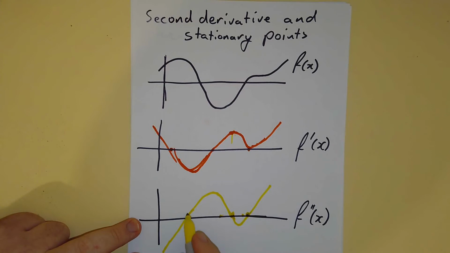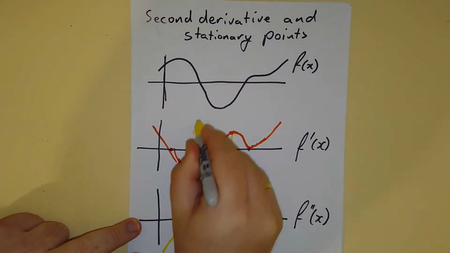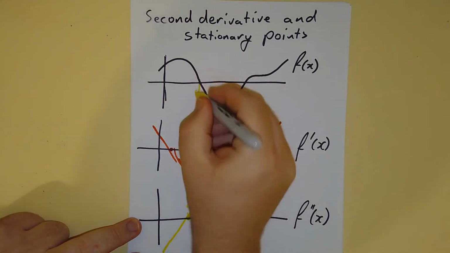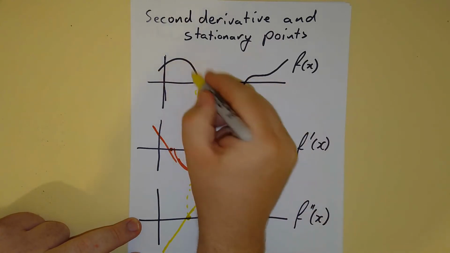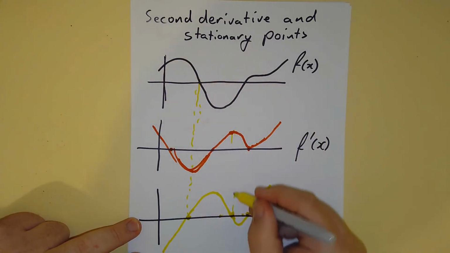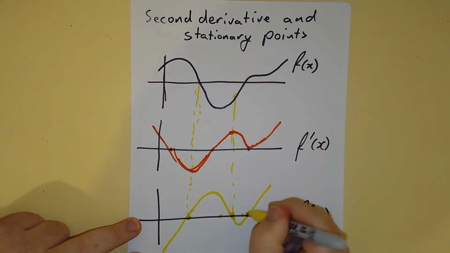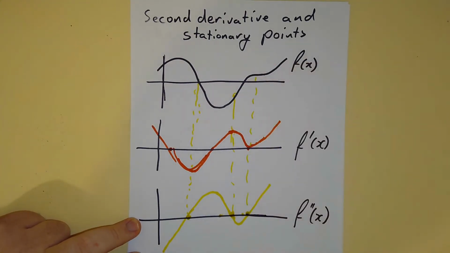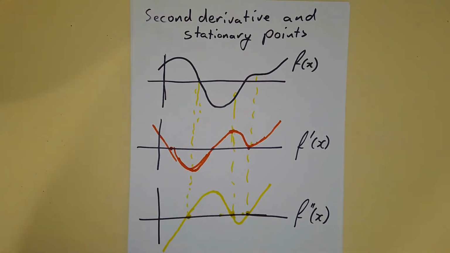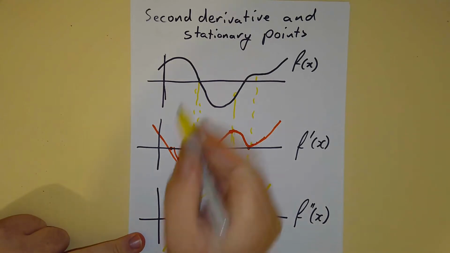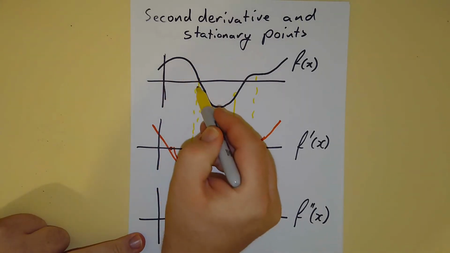Now, if we trace these points up, we can see that that was a point of inflection where it went from one direction to the other. This here, again, is a point of inflection where it's gone from one to the other, and this one, again, a point of inflection. So those zeros on the second derivative correspond to points of inflection, and this section here where this is negative corresponds to this being,